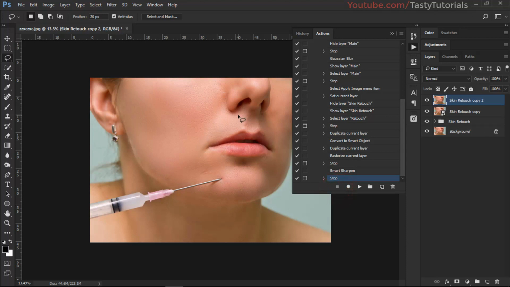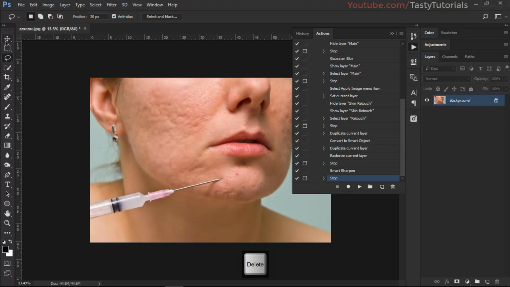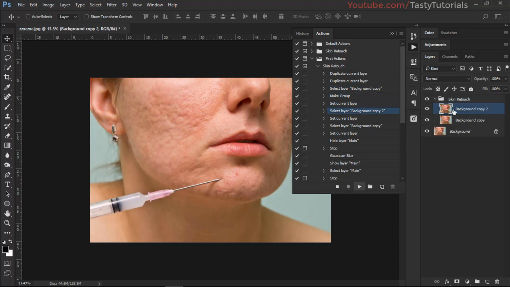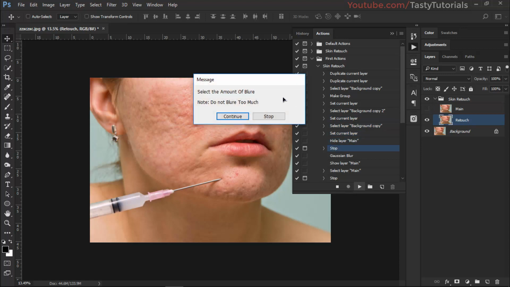Now let's just see what we have created. So we'll delete everything, and now we'll click on the very start of this. Don't select this one, it's an action set. We want to select the action. So click on skin retouch and click on play. Now you will see everything is repeating: copying this, making group, renaming this, renaming first layer, renaming second layer, turn off the first layer, and we want